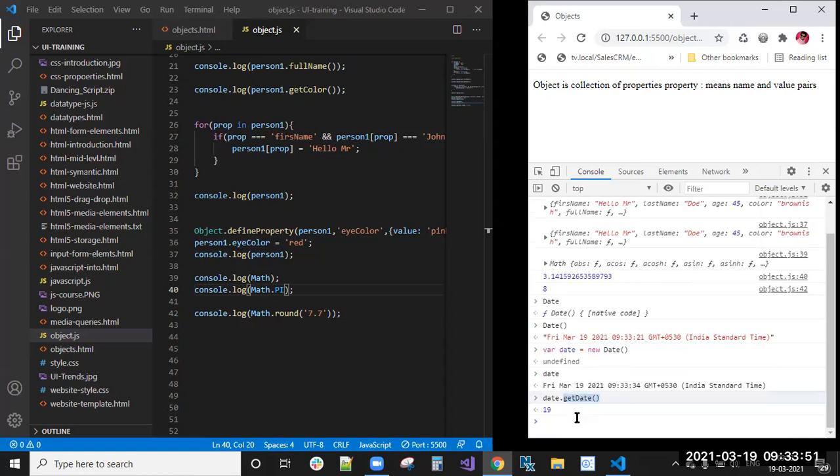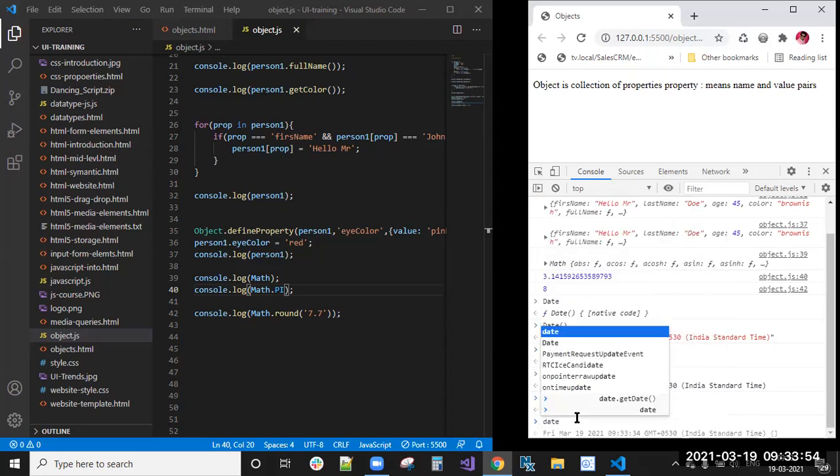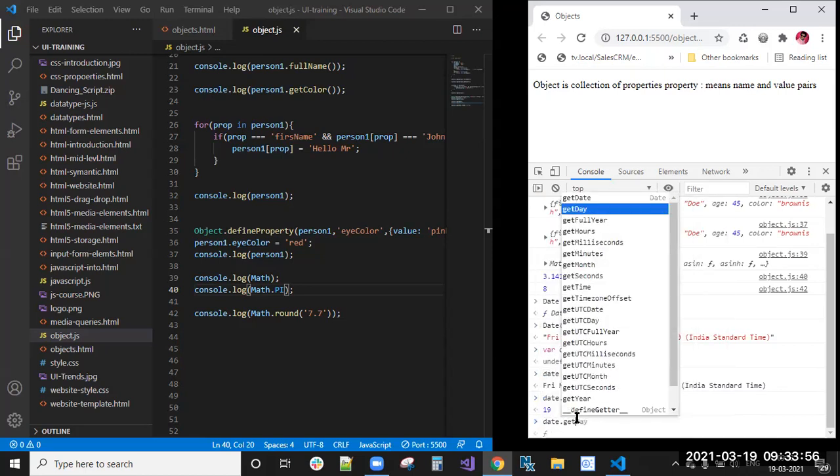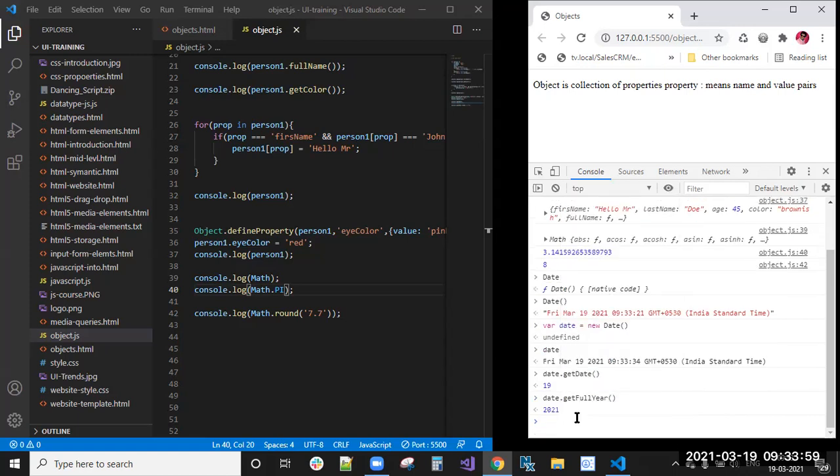Similarly, date.getFullYear is a method inside that object which returns the current year. These are real-time objects, and by using dot notation we access the properties and the methods. As we go on, you will see these concepts with objects also, so don't be confused about that.